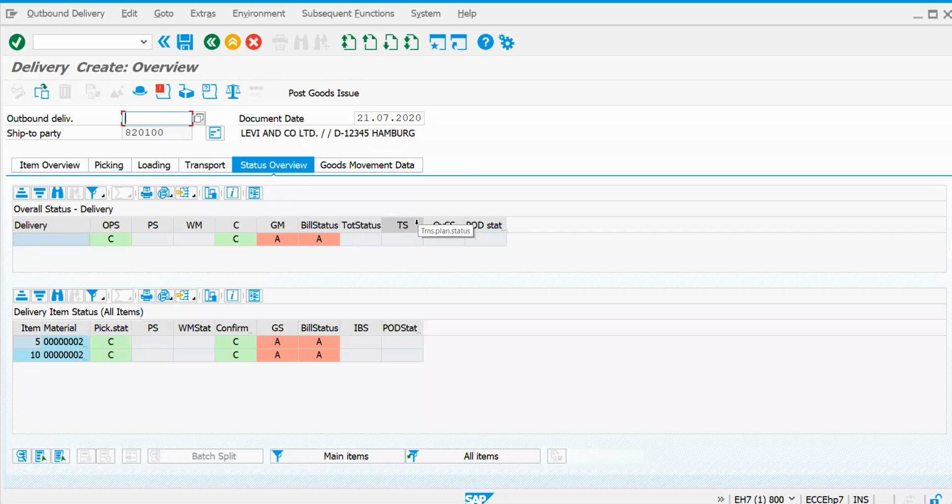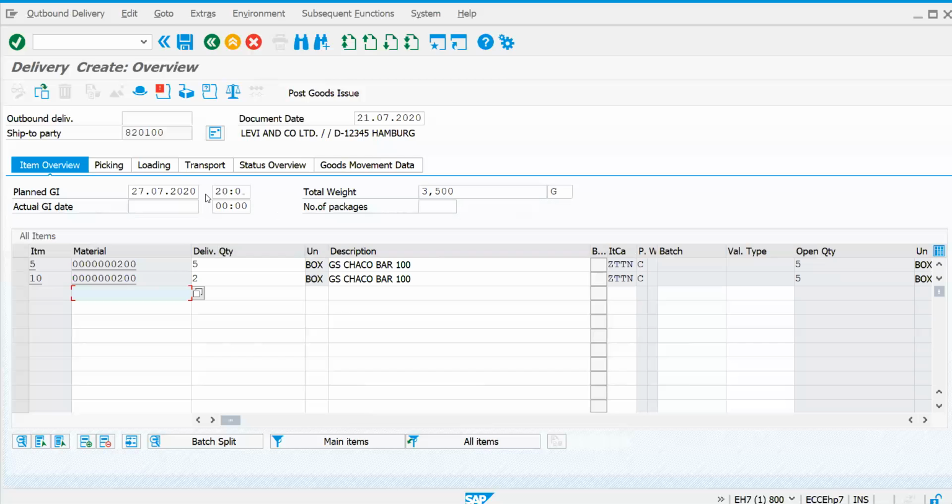If you check, picking is done as of now. Let's go back to the overview. Let's do the post goods issue. Before that, try to observe that the item is incremented 5 and 10. Previously it was 10, 20, 30, 40 like that. So this is the item number increment.